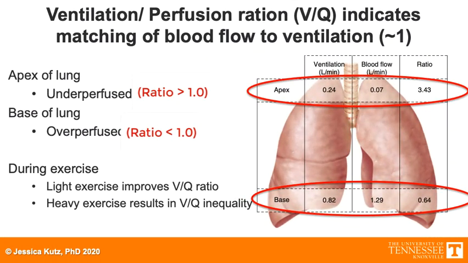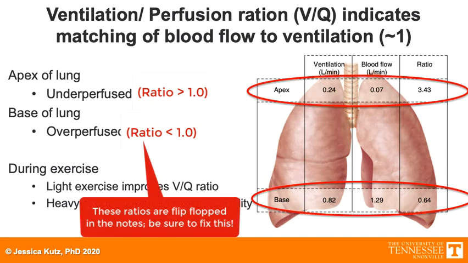This is a really nice figure that highlights the ventilation-perfusion ratio that occurs in the lungs. And the top of the lungs, or the apex, is going to be different from the bottom of the lungs, or the base. And we know this because we have differences in blood flow to the top and the bottom of the lungs that we highlighted in the previous slide. So the top of our lungs, the apex of the lung, is underperfused,